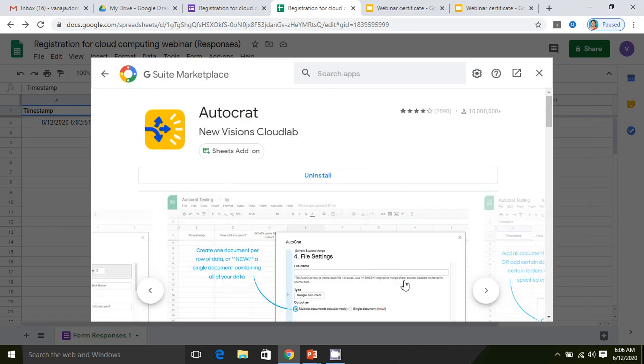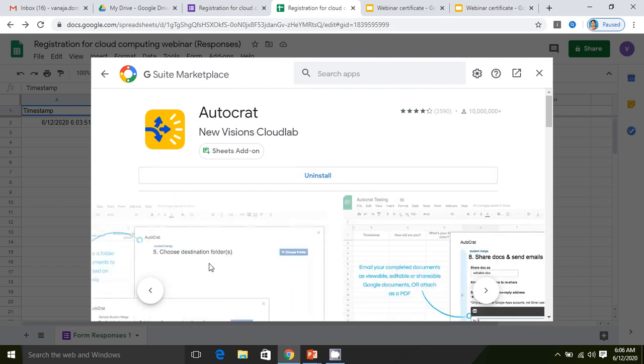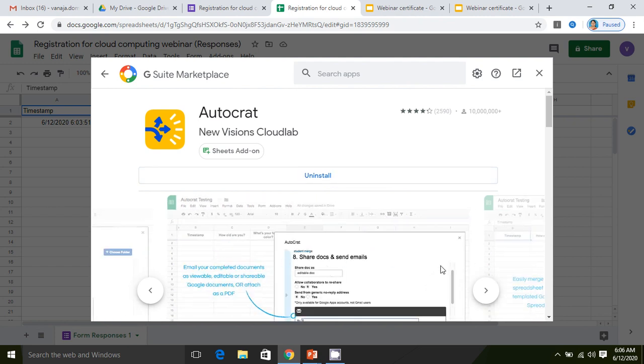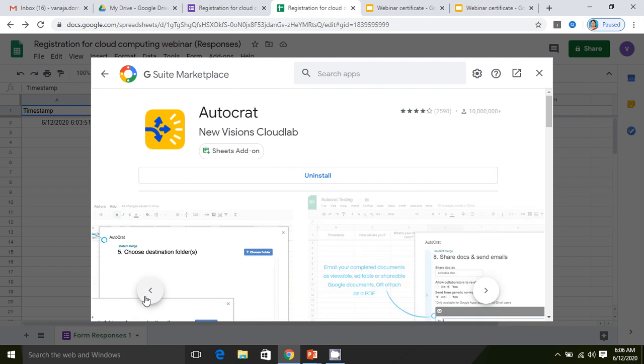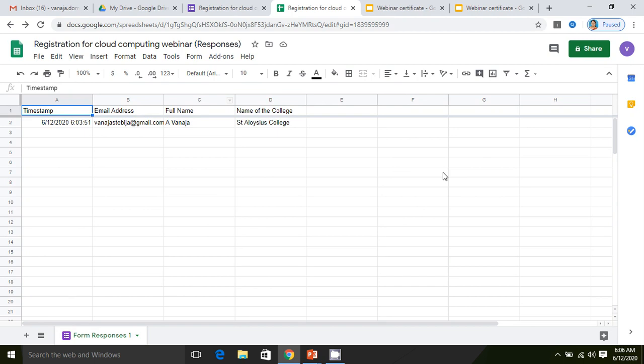Then click on done. Okay, so you can make out it says uninstall. Uninstall means it's already installed, and you are being asked whether you want to uninstall it. Now you can also go through here. The steps are available. You can navigate through this arrow and go through how it is done. Okay, fine. Let us close this. Now the add-on is ready. Okay, what is the next step?